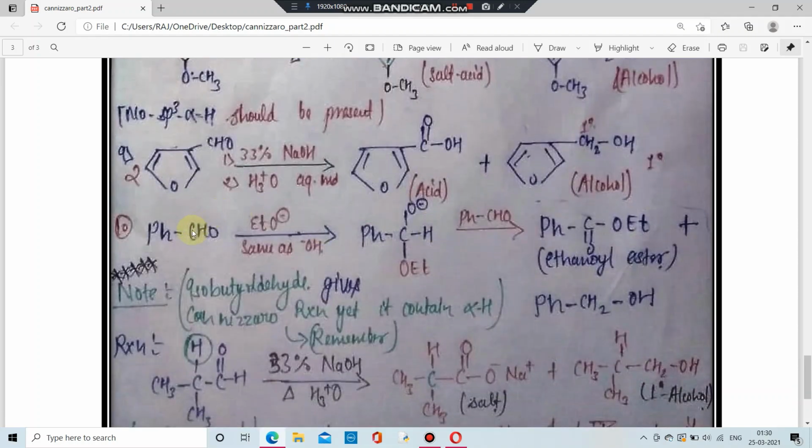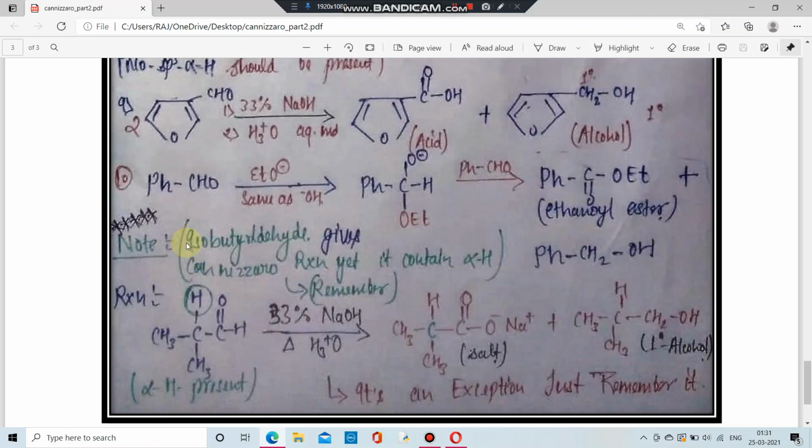Now just remember the last one, the 10th example. This is benzaldehyde in the presence of ethoxide ion. So OH is replaced by ethoxide, that is, an ethyl group is there. Now it is the same as OH minus. So when this O minus attacks at this carbon, there is a formation of an intermediate or monoanion, which is an intermediate of ester. Now we have taken another molecule of benzaldehyde. So from this we are getting a primary alcohol, which is benzyl alcohol. Look, and from this we are going to get an ethyl ester. Look, the pi bond is going to shift as a double bond and this is going to remain as it is. So this is an ester bond. So just remember this is a unique one.